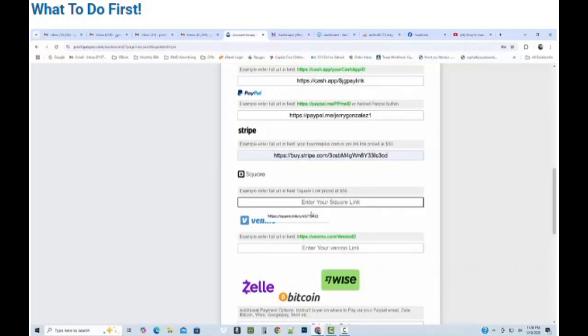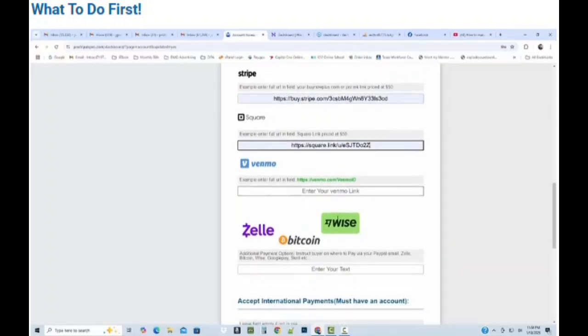I already have one set up here, so I'm just going to put it in there. There's also instructions in the Facebook group that shows you how to set up this payment link for Square, which will allow you to use that Afterpay service. And then you have Venmo. Again, you copy the whole Venmo link,